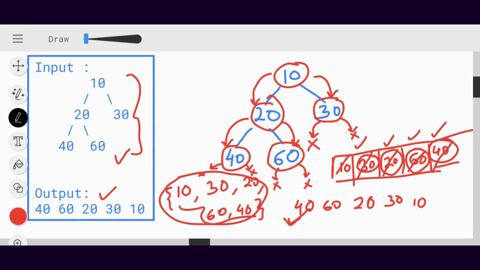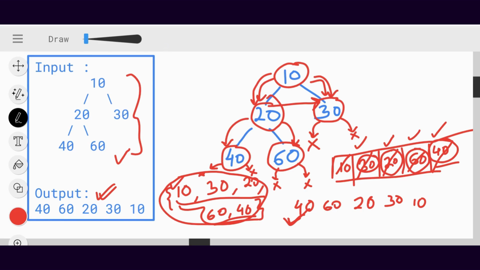Now you may have a question. Why were we traversing this right node first and then the left node? Although I have said earlier that we need to traverse the nodes from left to right. Why? Because we need to find out the reverse level order traversal here. We were earlier finding out the simple level order traversal, but here we are asked to find the reverse level order traversal. So if we do it in this way, then we will get this as our vector answer, and reversing this will give you your output.